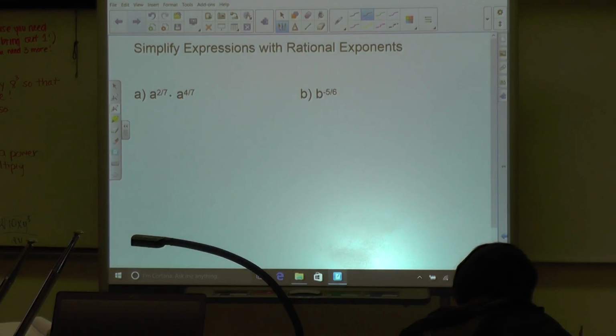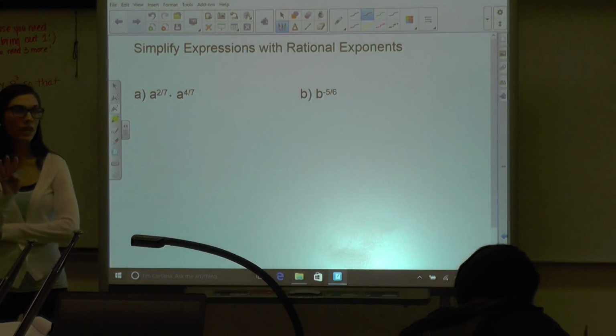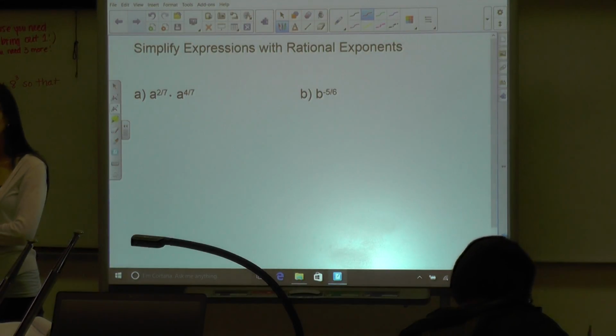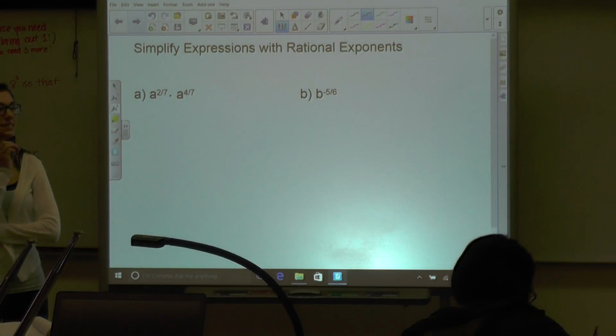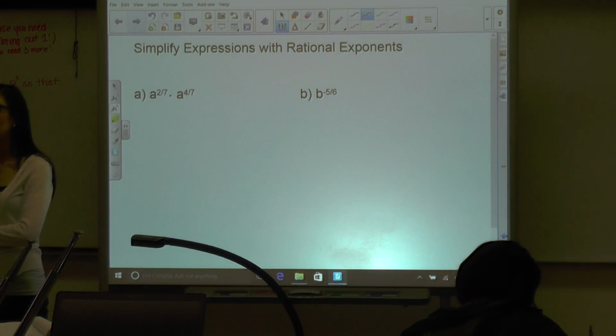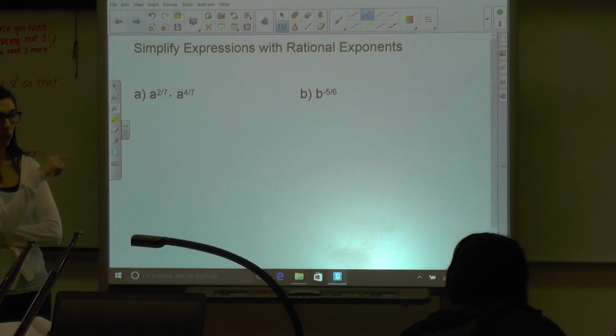Okay, so look, I need to move. This is not going to be difficult. And if it is, you didn't pay attention well enough in math 1. This is the same exact thing that you did in math 1, except instead of having whole numbers, because back